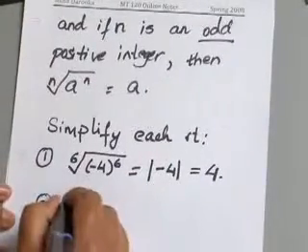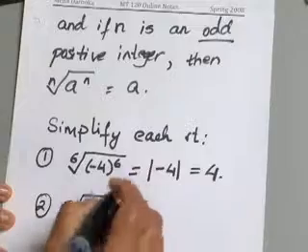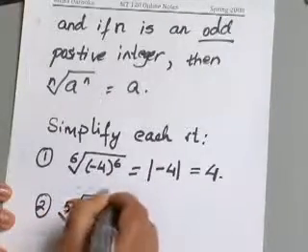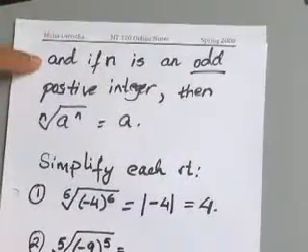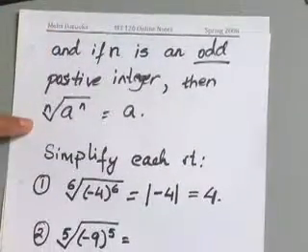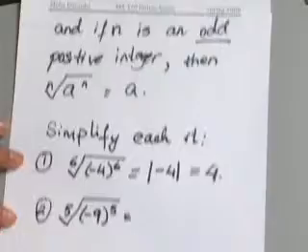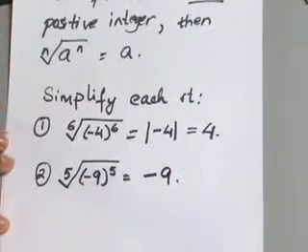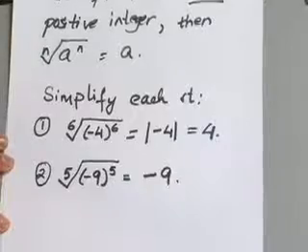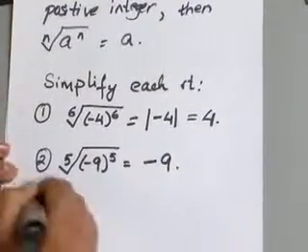What happens if n is an odd number like 5? Fifth root of -9 to the fifth power. Now we said when n is odd, then you don't have to use the absolute value, you just take the number as it is, and in this case your solution would be -9. Okay,